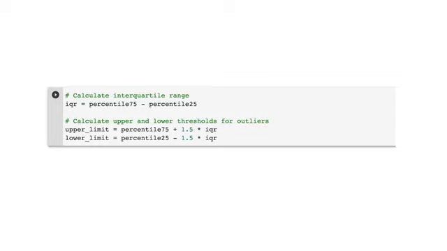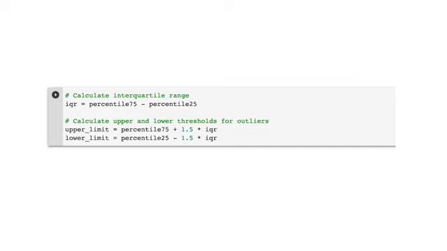The values that occur between the 75th and 25th percentile are the interquartile range. We create a statement for interquartile range, IQR, defining percentile 75 minus percentile 25 is equal to IQR.